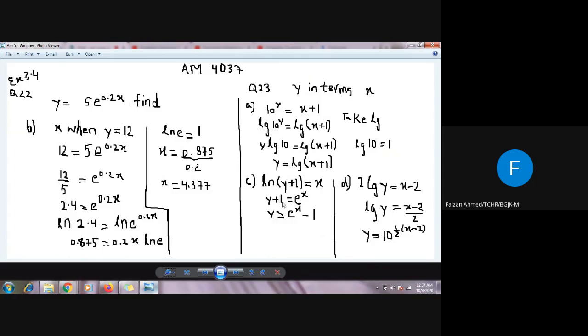Remember, we just have converted this into the index form. हमने सिर्फ इसको index form में convert किया and we have got our answer. तो अगर log नहीं है क्वेश्चन में तो हमें log लेना पड़ेगा, और अगर log है तो हमें उसको index form में convert करना पड़ेगा. This is the strategy of question number 23. अगर log है क्वेश्चन में तो उसको index form में convert कर दो, और अगर वो index form में है तो उसको log form में convert कर दो, taking log on both sides.